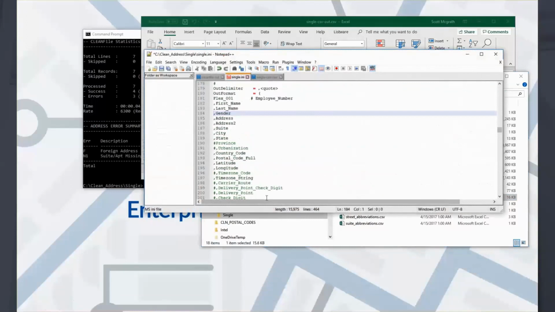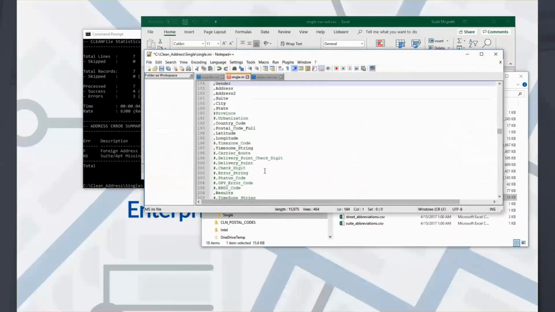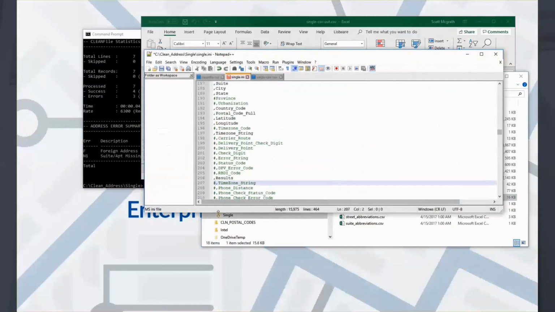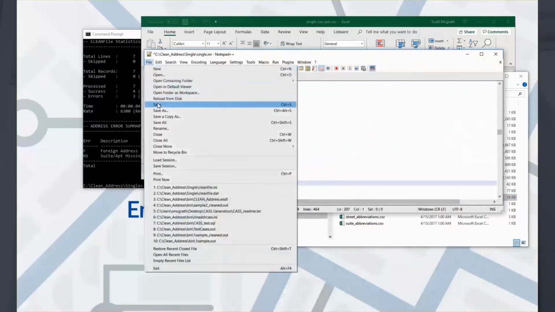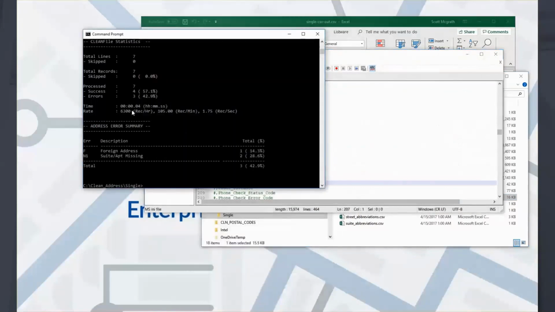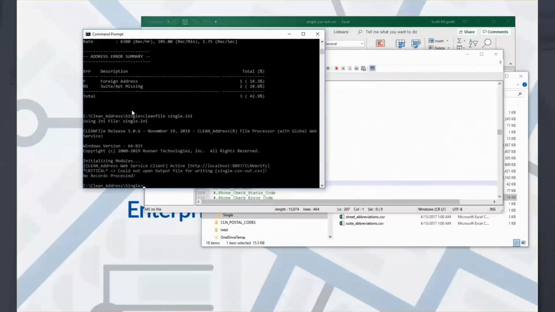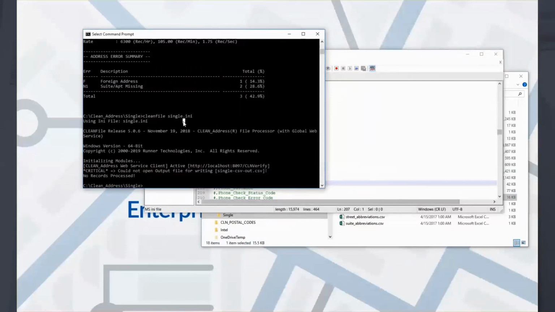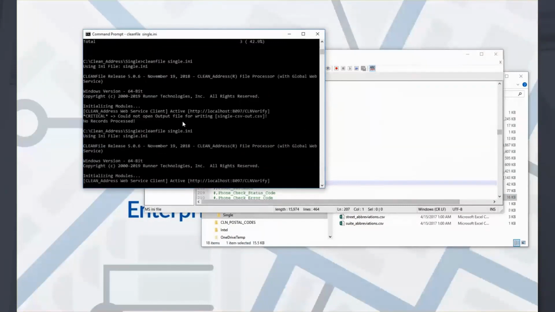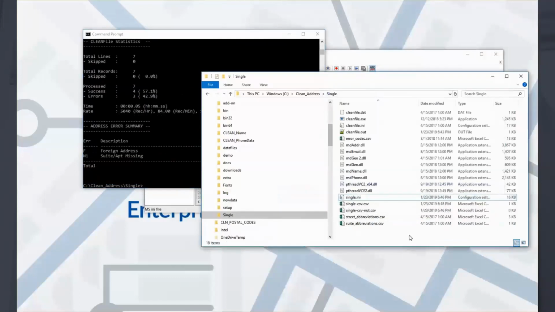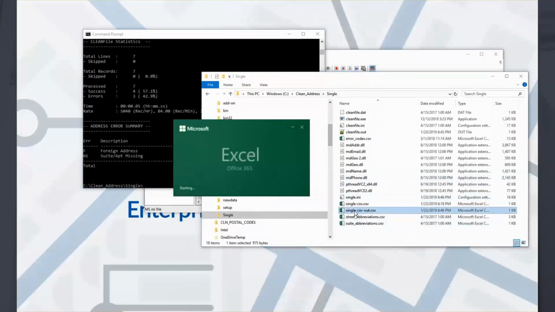I think I can hand this back to you if you'd like, Erica. Right now, what I was doing was just taking the comments out in front of gender and time zone string, rerunning it again to show that this is happening live based upon the changes in the INI file, and that changing the output of the file that you're generating is as quick and easy as changing the out file parameters